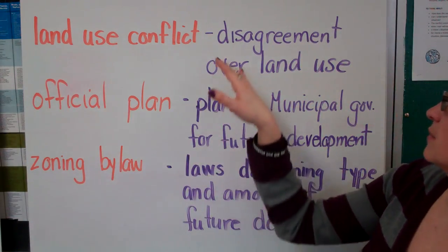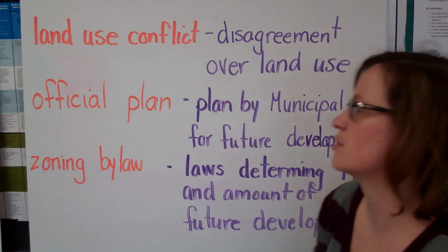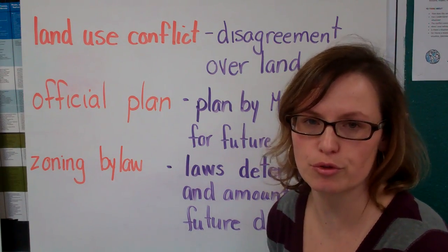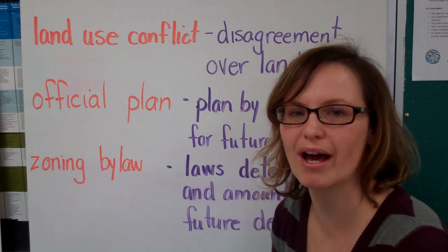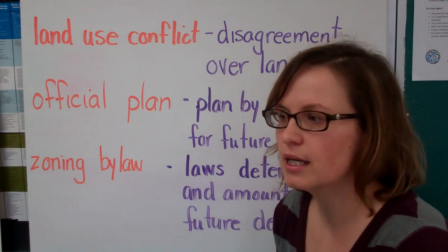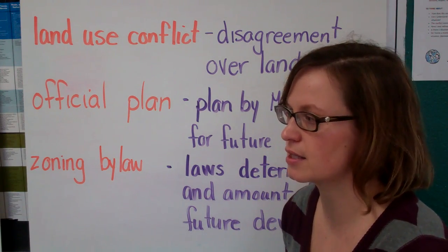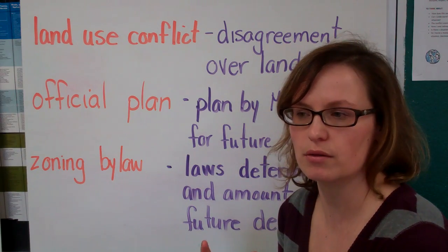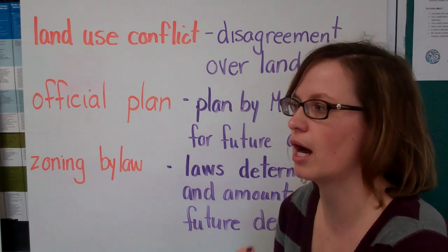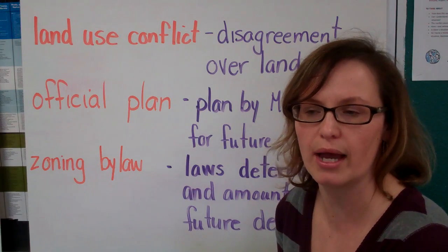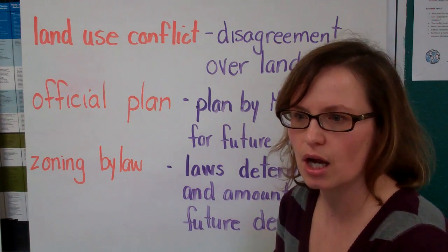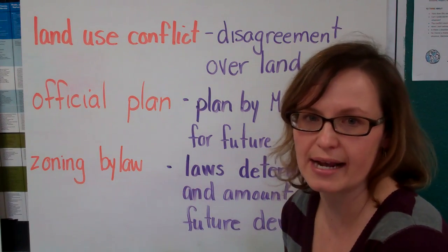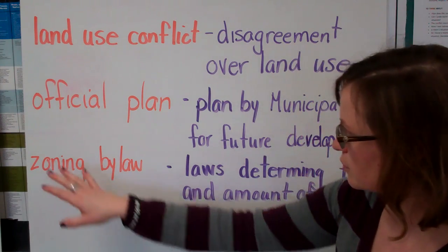Land use conflict, a disagreement over land use. This comes down when there are two groups or more than two groups who are at conflict about what a piece of land should be used for. The conflict may be because of the things that are going to be beside each other. It wouldn't be good, for example, having a school next to a highway. Those two land uses wouldn't be effective. It's not safe for the students in the school to be next to such a busy road.